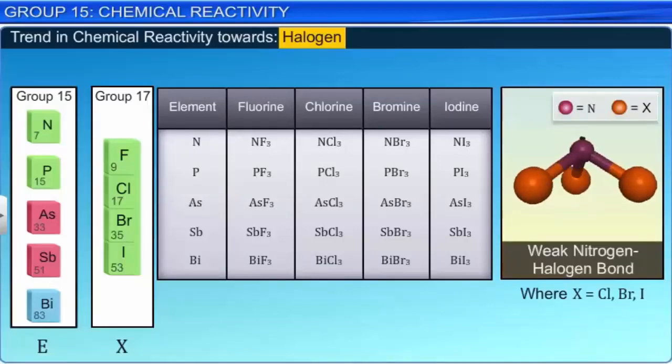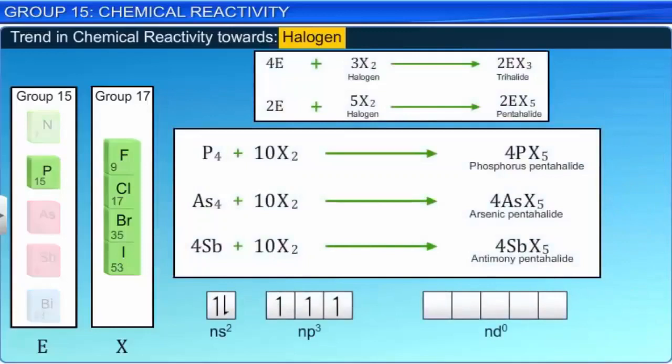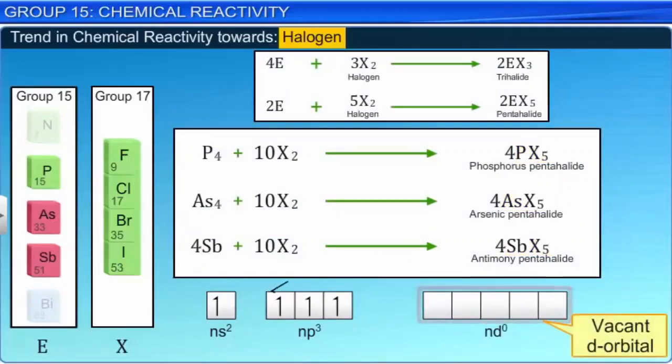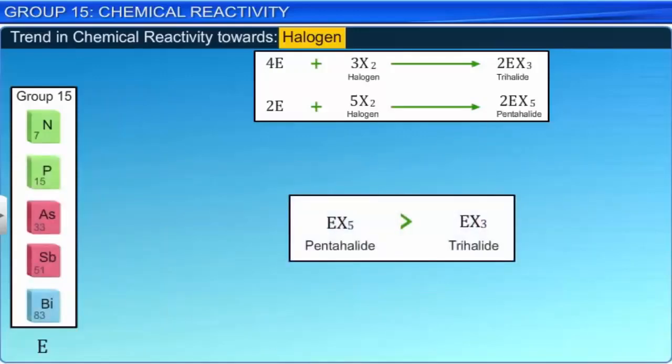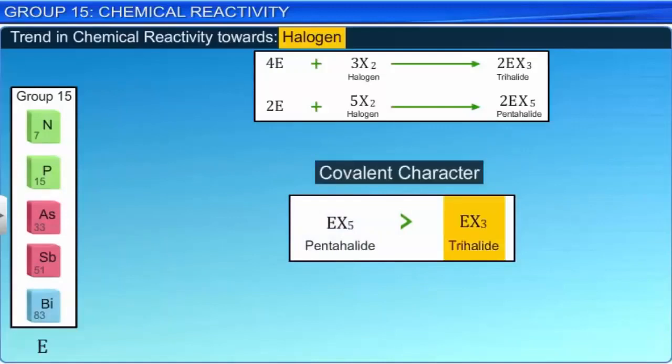Phosphorus, arsenic, and antimony form pentahalides due to the presence of vacant d orbitals in their valence shells. Nitrogen does not form pentahalides due to the absence of a d orbital in its valence shell. Pentahalides are more covalent than the corresponding trihalides. Moreover, the covalent character of halides decreases from nitrogen to bismuth. Note that bismuth trifluoride is not a covalent